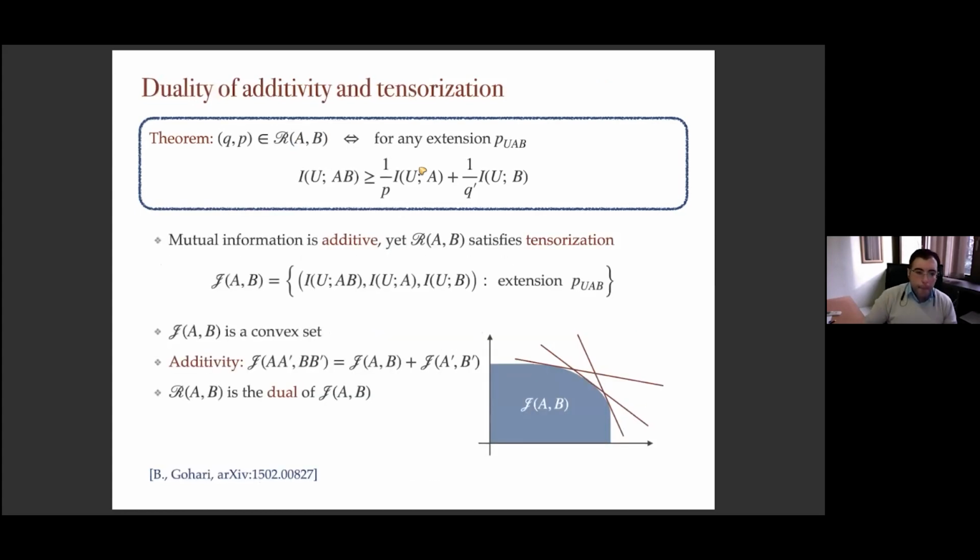Let's move on. We can learn even more about the hypercontractivity ribbon using this representation. Remember, I told you that mutual information is an additive